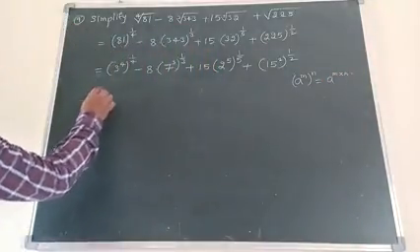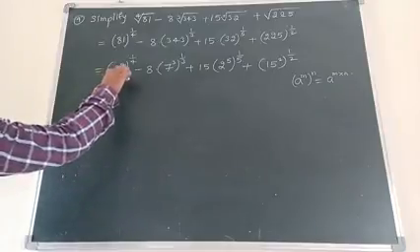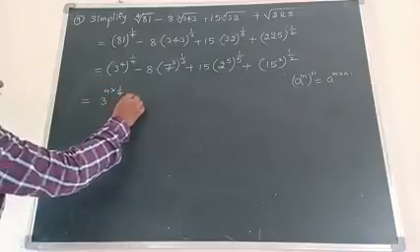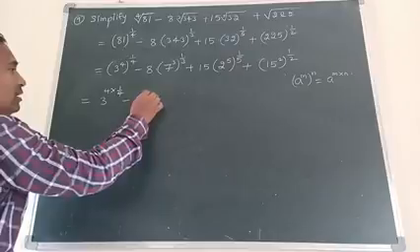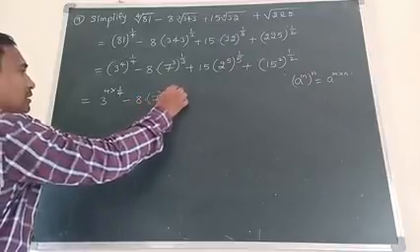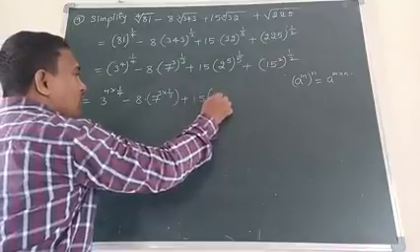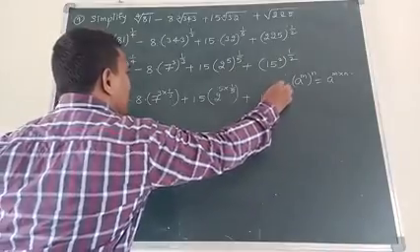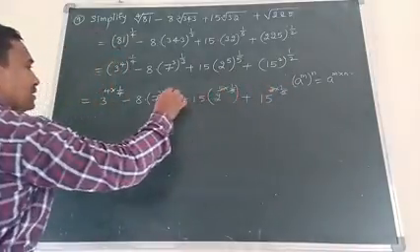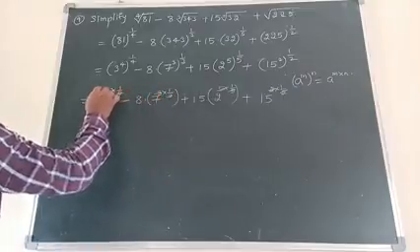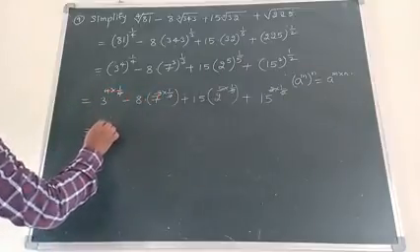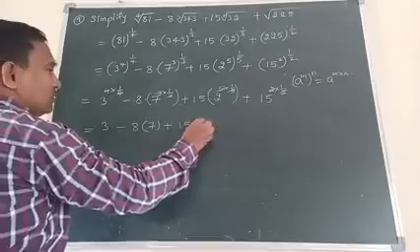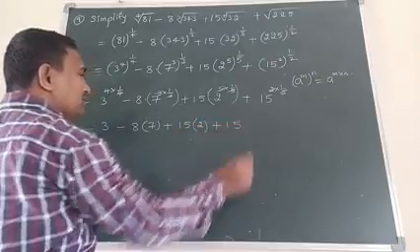So apply that property for 4 terms. This is a power m whole to power n. So 3 power 4 into 1 by 4, minus 8 into 7 power 3 into 1 by 3, plus 15 into 2 power 5 into 1 by 5, plus 15 power 2 into 1 by 2. The 4s cancel, the 3s cancel, the 5s cancel, the 2s cancel. What are the values? 3 power 1 is 3, minus 8 into 7 power 1 is 7, plus 15 into 2 power 1 is 2, plus 15 power 1 is 15.